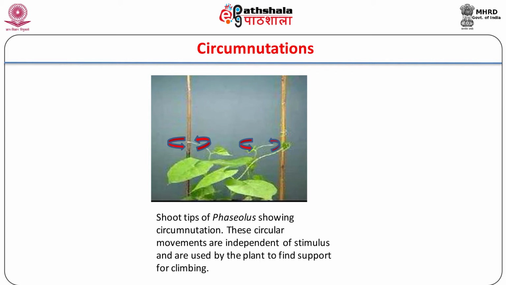Circumnutations. These are autonomous movements mostly shown by young growing parts of a plant like hypocotyls, coleoptiles, shoots, tendrils, petioles, etc. The tips of these organs outline a circular, elliptical or zigzag shape over time that may range from minutes to hours. Due to simultaneous elongation of the organ, circumnutations over a longer period are seen in the form of a helix. Circumnutation movements are ultradian movements with a period of occurrence that is less than a day.